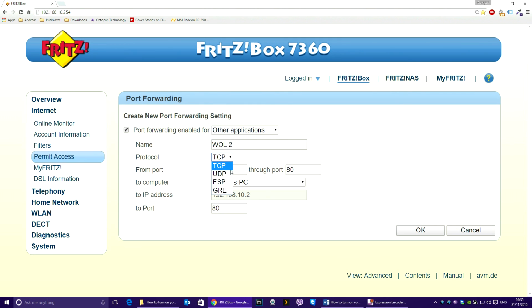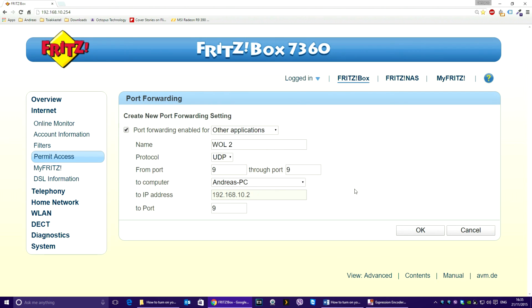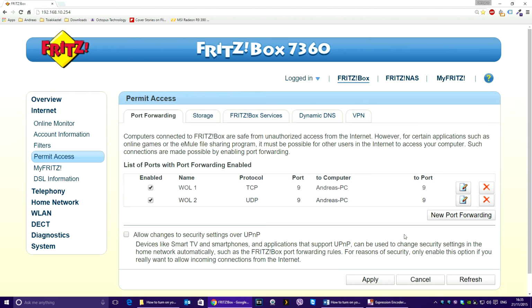In the protocol, select UDP, in the ports add 9, and make sure at the computer section you select the PC you wish to wake on LAN. Now click OK and click on Apply. Once you do that, the biggest and hardest part has been done.